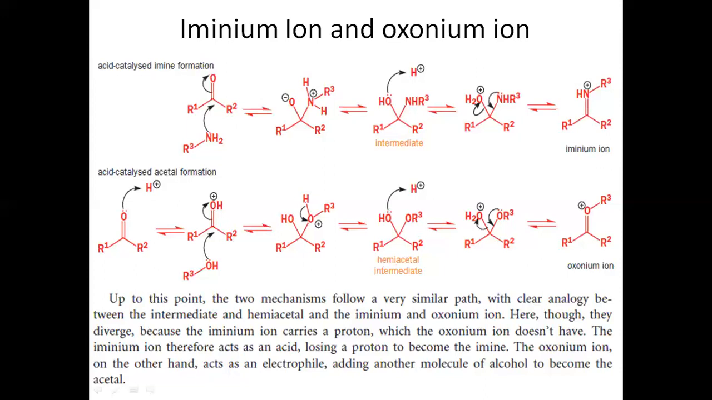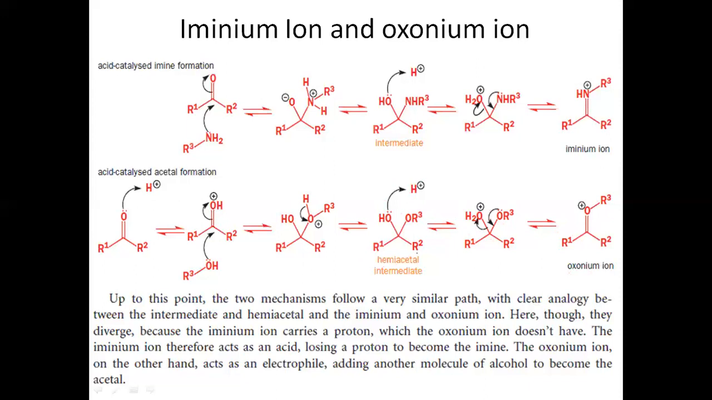This hydrogen, either this hydrogen or the added H plus, will serve as the catalyst. It will protonate this OH, converting it into OH2 plus, which acts as a good leaving group. In order to manage that, the lone pair of electrons from the oxygen will come down and generate the C double bond O bond with the positive charge on the oxygen, and that particular structure is nothing but your oxonium